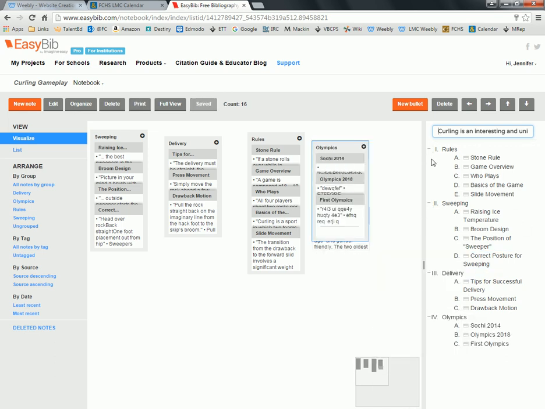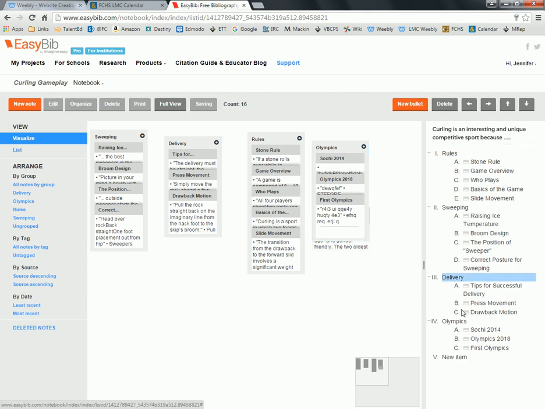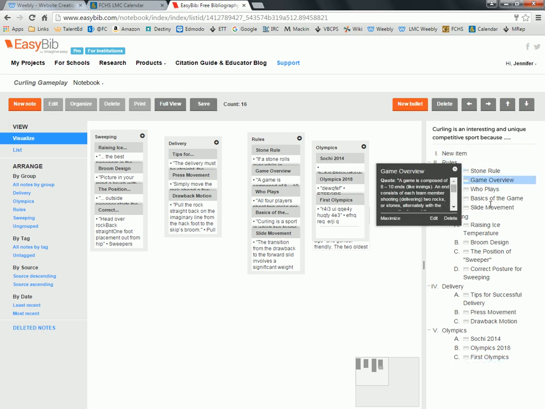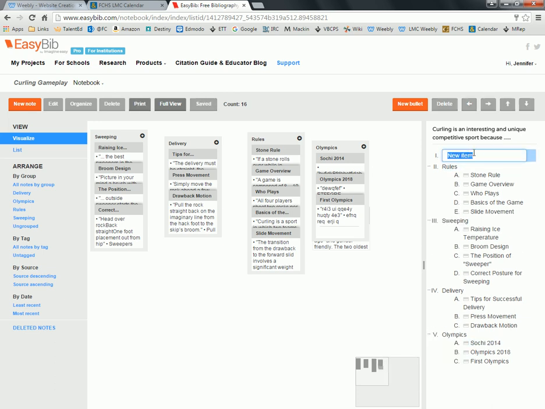Now, perhaps I want to move things around a little bit. Like maybe I realize, well, I'm going to need an introduction before the rules paragraph, so I can make a new bullet. And when I make the new bullet, it puts it at the bottom, but I can just drag it on up here to the top. Now I can title this Introduction,